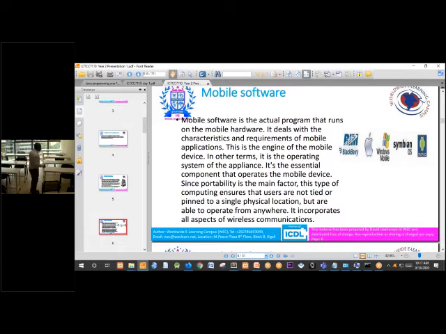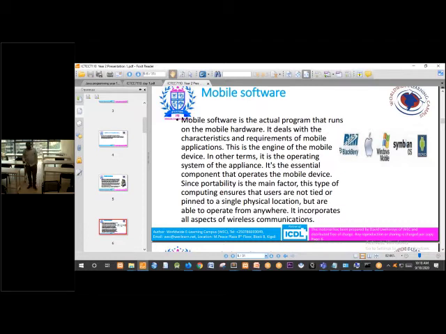As long as you can go with them, you can also perform your work wherever and whenever you want. They are not tied or pinned to a single physical location, but are able to operate from anywhere. Can you understand? These devices are able to operate from anywhere because they are mobile devices. You can perform your work.